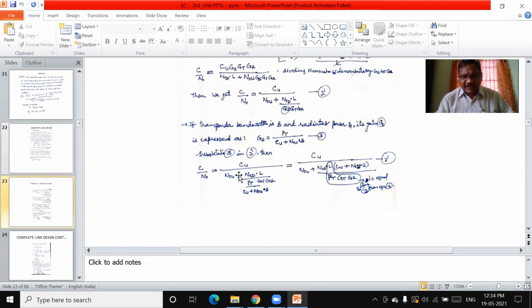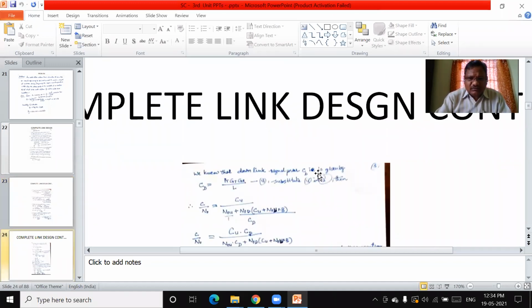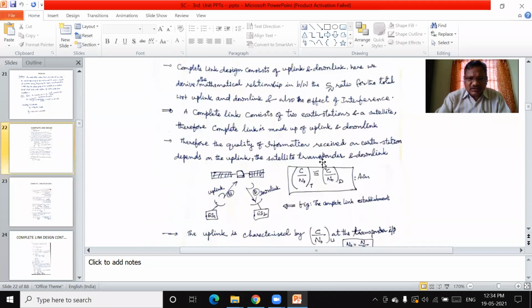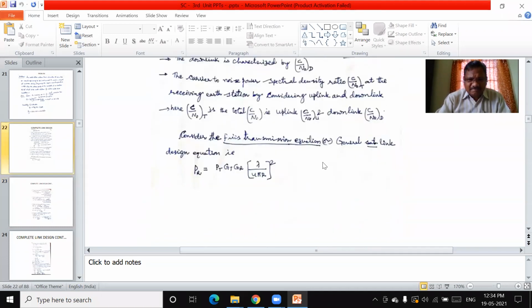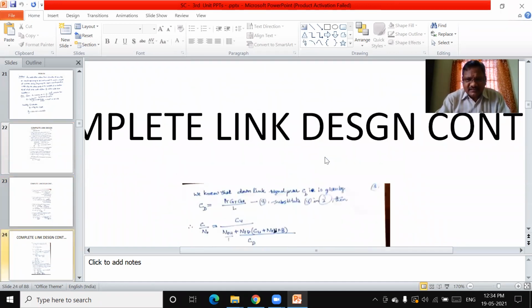Just CU by NOU plus, just you brought up here, you are going to get, this is for convenience, you are giving this as equation 3. Here, substitute the GS value and simplify, then CU by this whole term comes. So now C dash